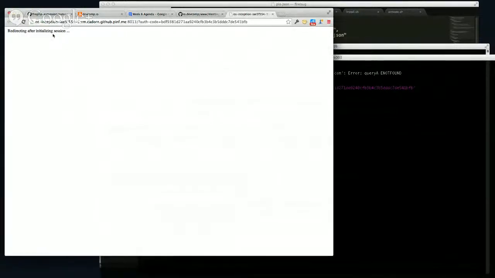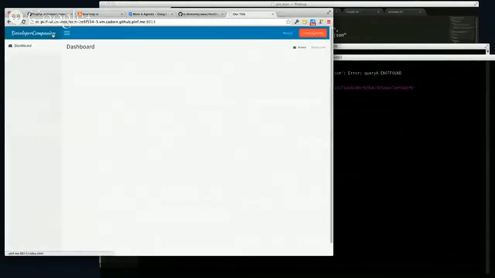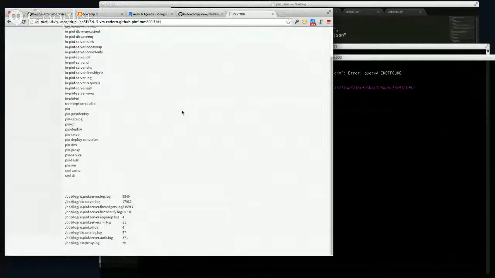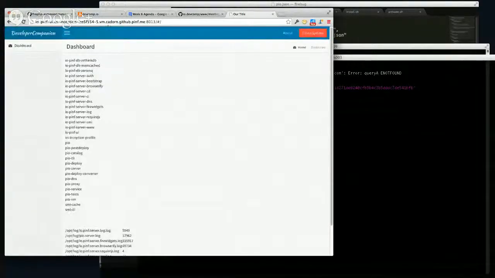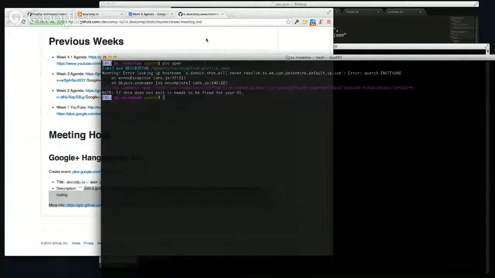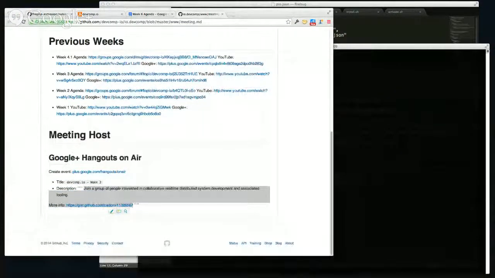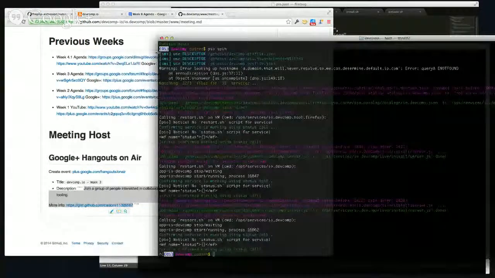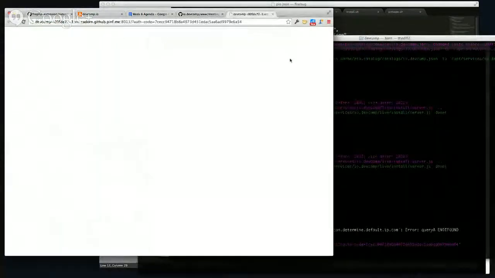So if we have an instance and we go pio open, it'll open the instance. It'll initialize everything, and is it on this one? Must be the dev comp. One sec. So pio open. So when you open it,